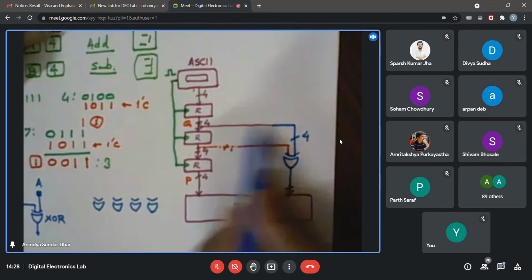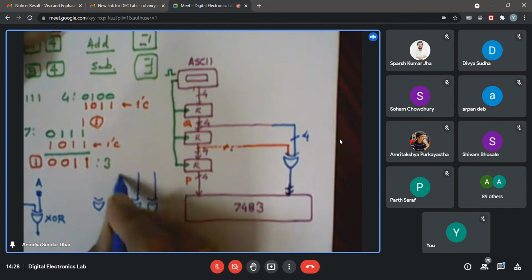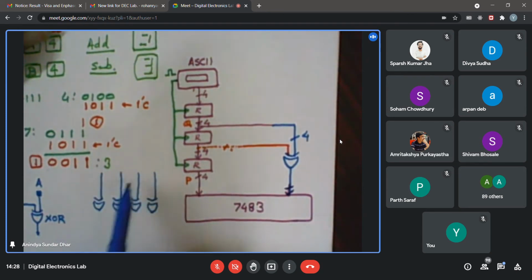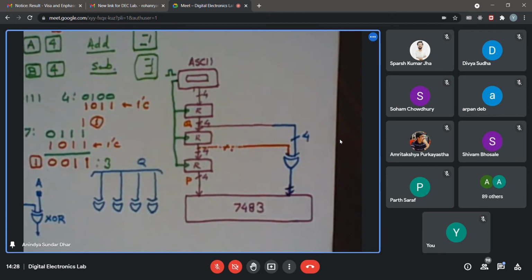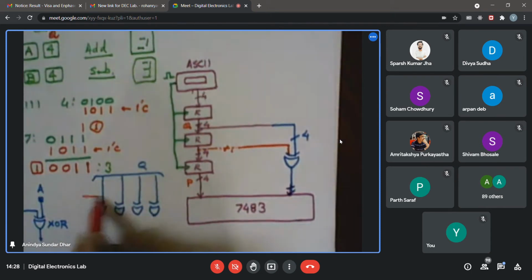Basically, there will be 4 lines for Q, right? So 4 lines are coming from whatever that register content is, which are basically different bits of Q. And the other input to these 4 XOR gates are common.